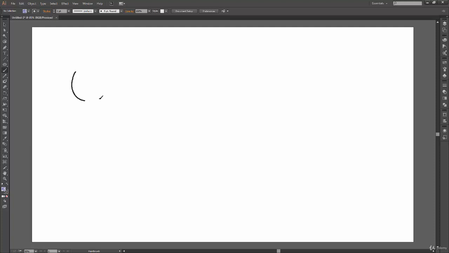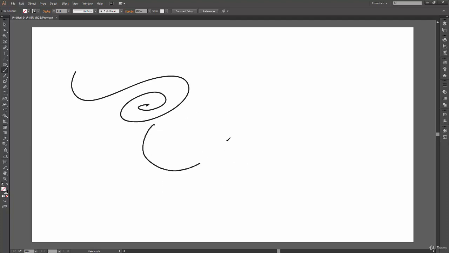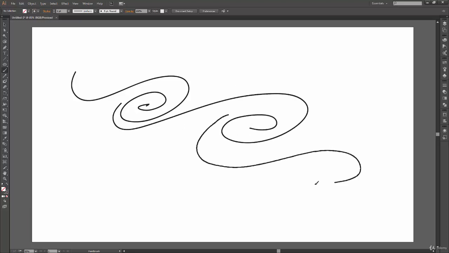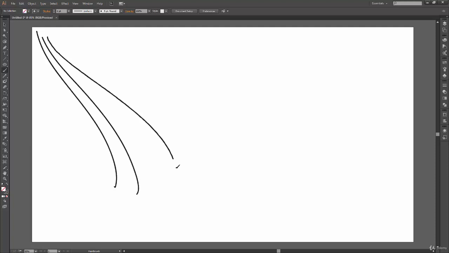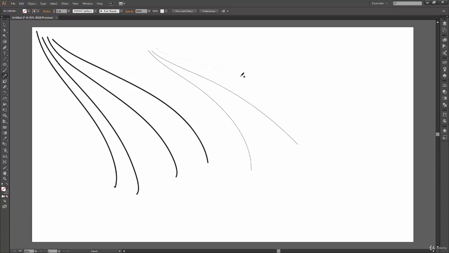You can just click and drag on your canvas anywhere, and you can see I am creating a variety of strokes. So it works exactly like the pencil tool. We have seen the pencil tool in our previous videos, where we can just click and drag to create strokes like this, and exactly the same way a brush tool also works. So I mean, some of the functionalities are exactly similar between both these tools. So let's see it now. I have drawn some strokes over here using my brush tool, and now I'm using the pencil tool over here, and I'm drawing the same kind of strokes using the pencil tool also.